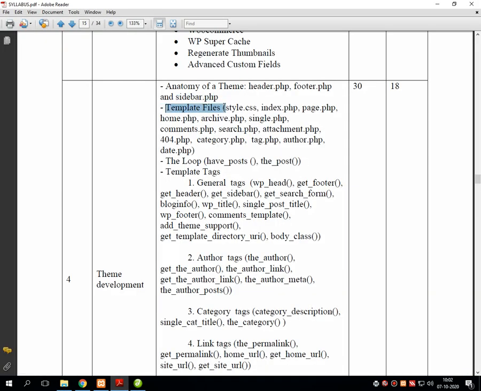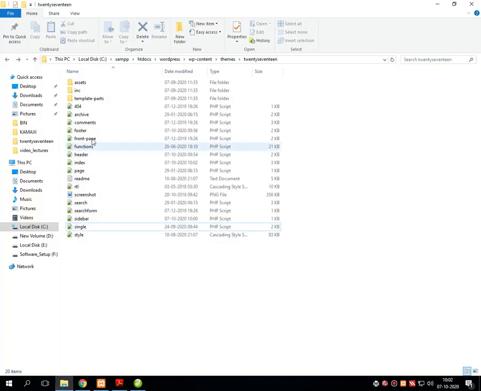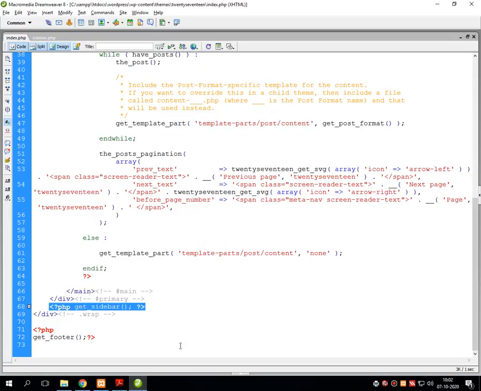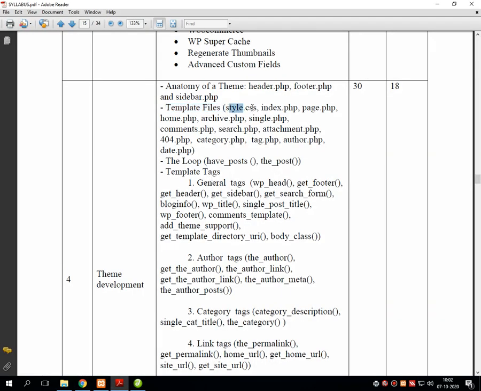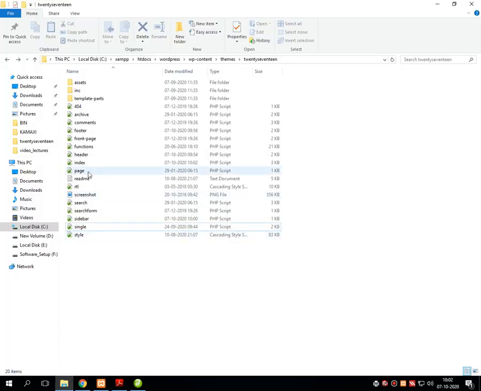Same like that, there are template files. Now just look at the template files. There are files available like style.css, index.php, page.php. We'll not discuss more about style.css yet. We'll go for index.php and page.php. This is the index.php and this is the page.php.